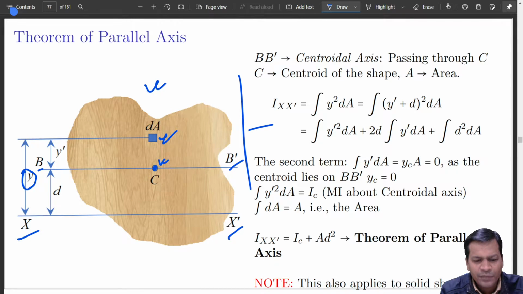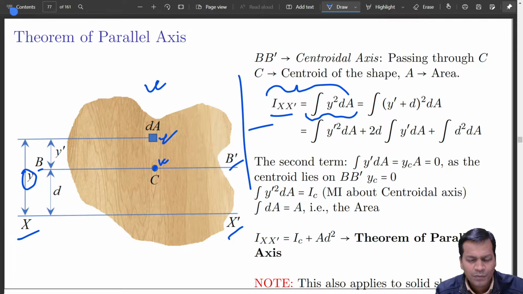dA from that axis. If I want to find the moment of inertia about xx dash, it should be equal to the integral of y square dA, right? Yes or no? Yes, sir. Very good. So y square is equal to y dash plus d whole square, correct? Now if I expand this, it will be equal to the integral of y dash square dA,